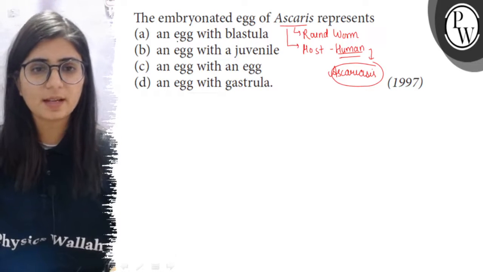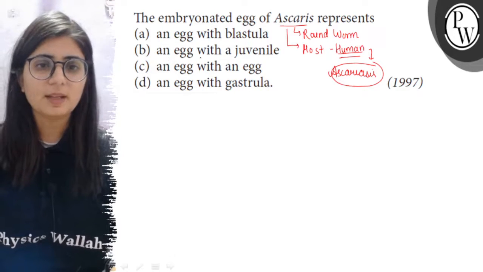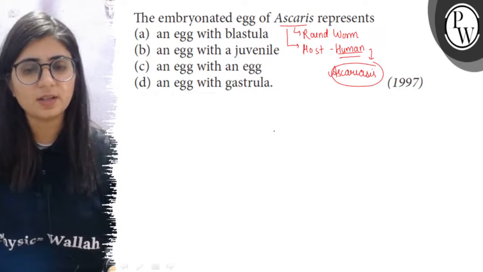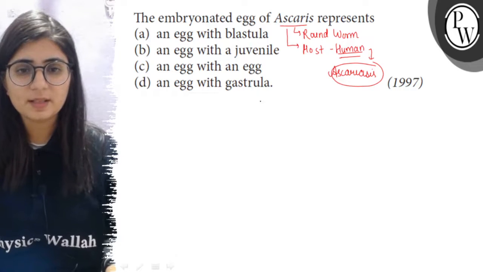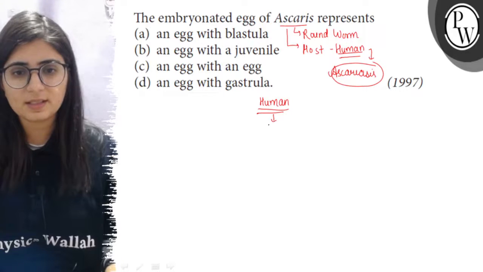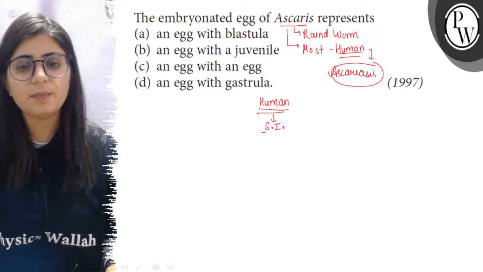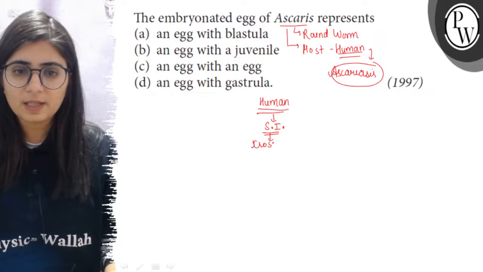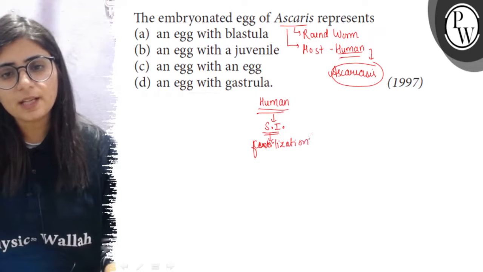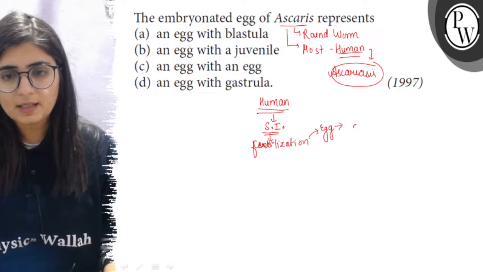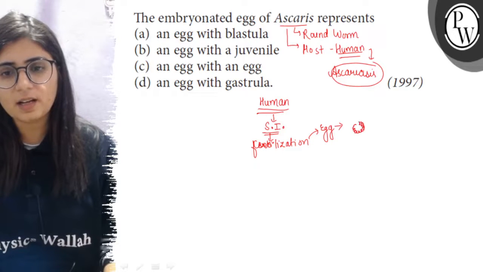So the options are like an egg with blastula, an egg with the juvenile, an egg with an egg, and egg with the gastrula. So let's see what happens that in human beings, the infected human beings which is having Ascaris. So it is having male and female Ascaris in its small intestine, and here the fertilization occurs or copulation occurs. So the fertilization leads to formation of the eggs, fertilized egg, and these eggs are covered with a covering,